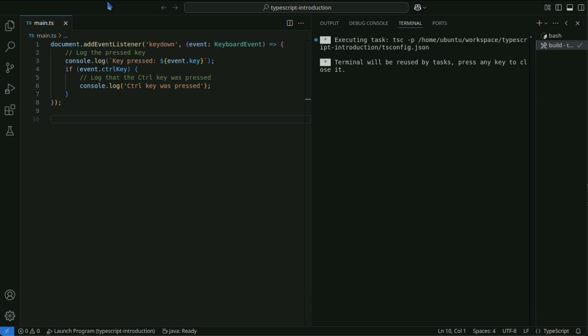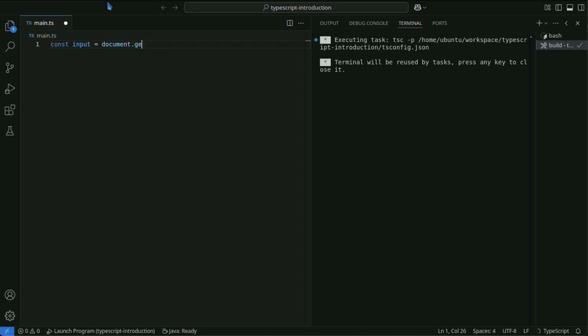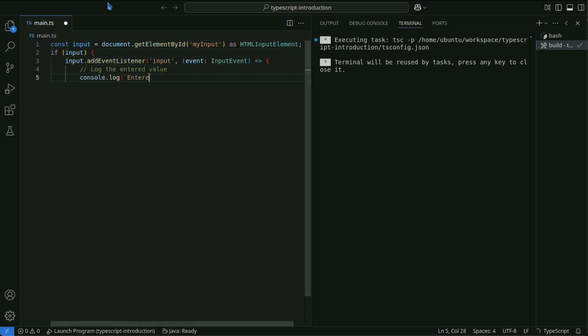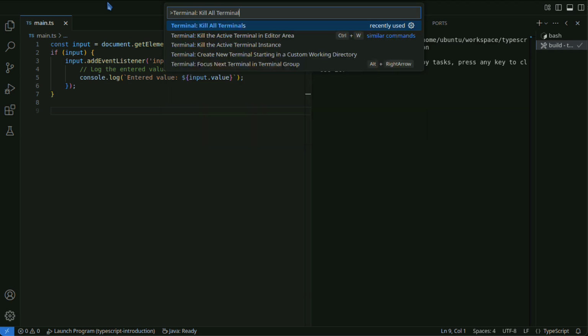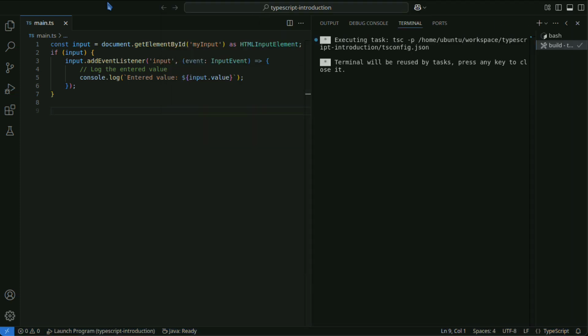InputEvent is an event type related to changes in input fields. It is used when the value of a text field or text area has changed. This code displays the content of the input field in the console every time its value changes.